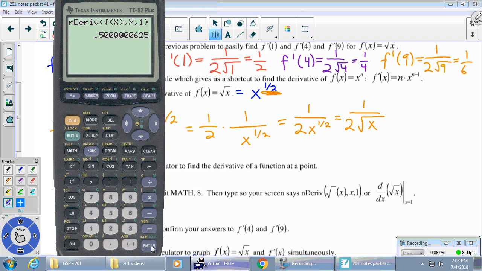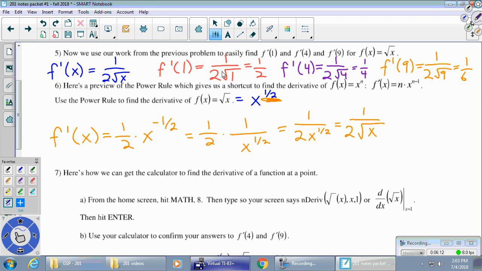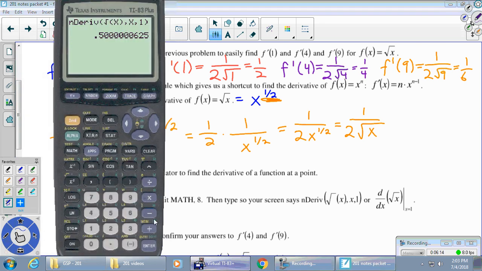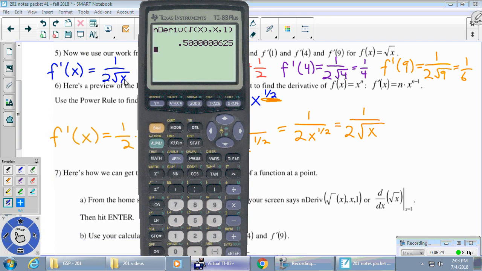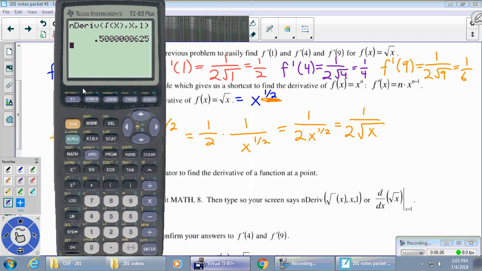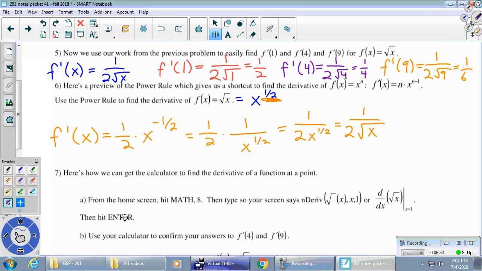And it says, okay, the derivative at 1 is 0.5, and then a lot of zeros, and then 625. Well, that's close, right? Look up here in red. The answer is supposed to be exactly a half. The calculator is making an error here. It's not making a huge error, but it's doing some rounding. It doesn't know that the derivative of this function is 1 over 2 square root of x. It's just trying to find the slope of a secant line, where the secant line is a very good approximation for the tangent line. Okay, you can do the same thing to find f prime of 4 and f prime